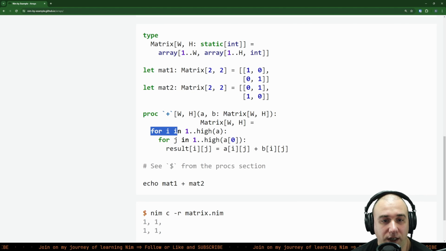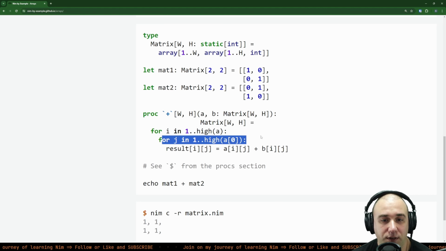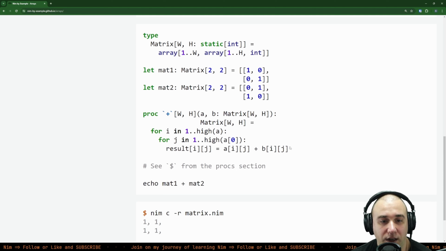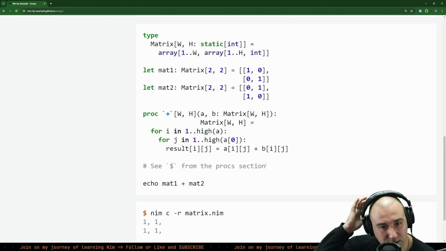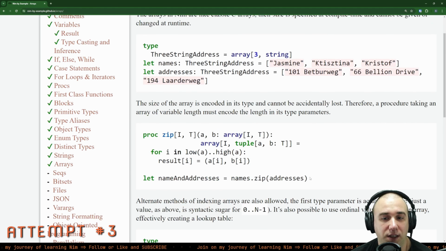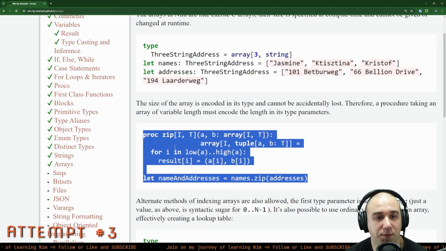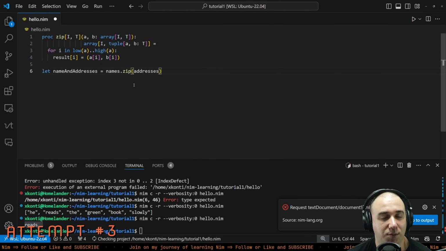Okay, for I in 1 to high of a. So iterate over it, and we just add them. Okay, very much like it. And I guess here the printing is defined. So just skipped so we don't have to have it here. So let me grab this and go for yet another attempt, because for some reason I just can't